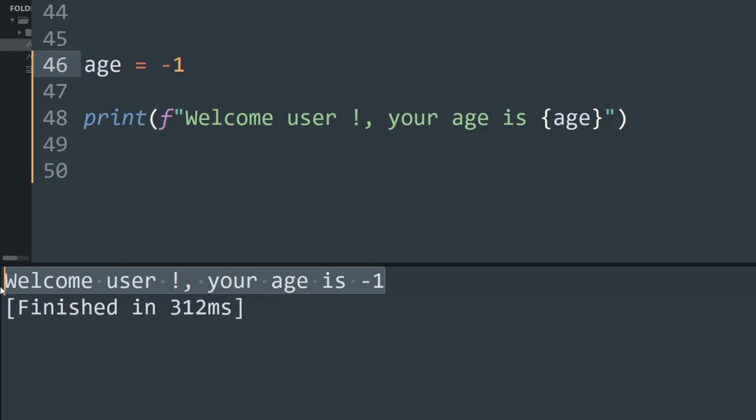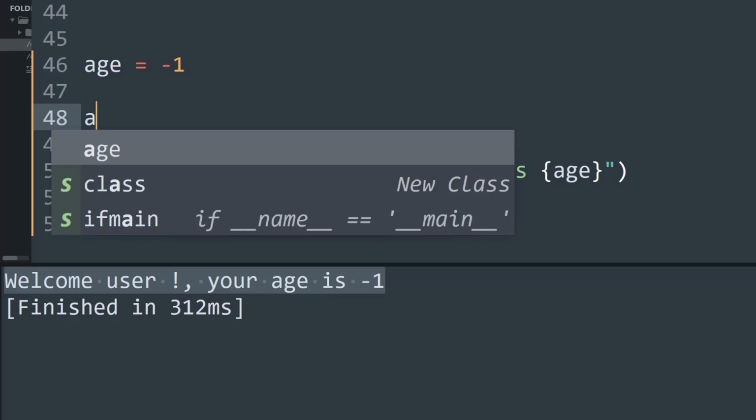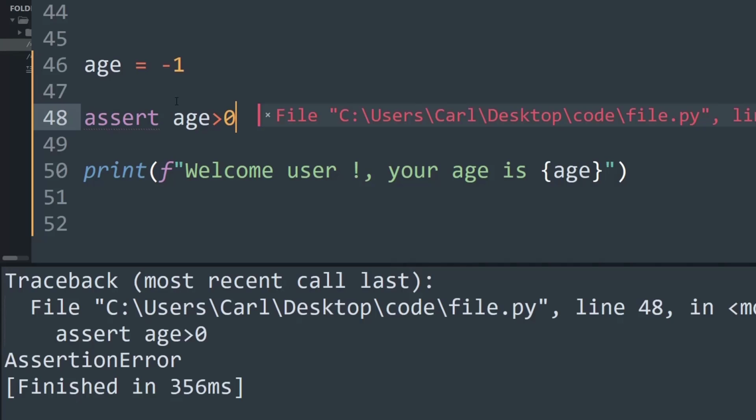So now we will make use of the assert keyword to see how this works. Before that line I am going to write the assert keyword: age will always be greater than 0. So I'm going to say assert age > 0, which means check that this condition is fulfilled and then print welcome user. Now if I run this, as you can see, it raises an assertion error,